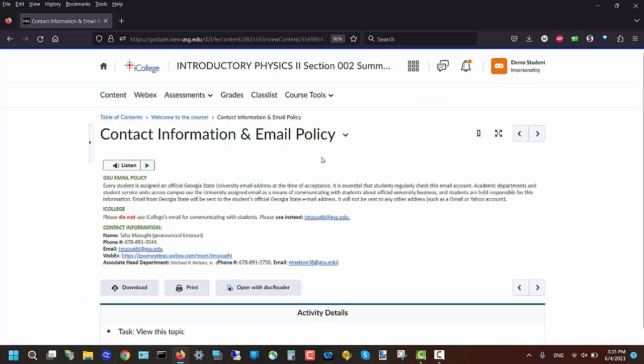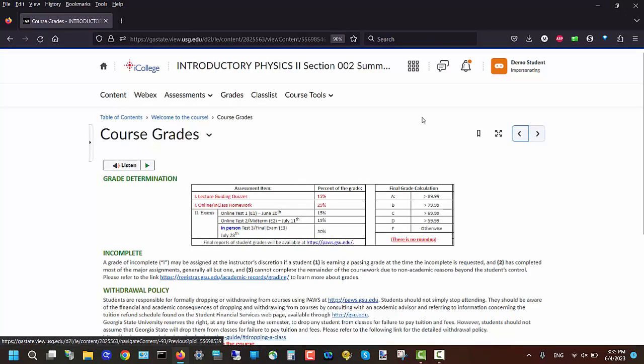It allows you to go over the syllabus, you read this, and you go to the next part. This is one way to read the syllabus and any small detail I might be discussing about the course.